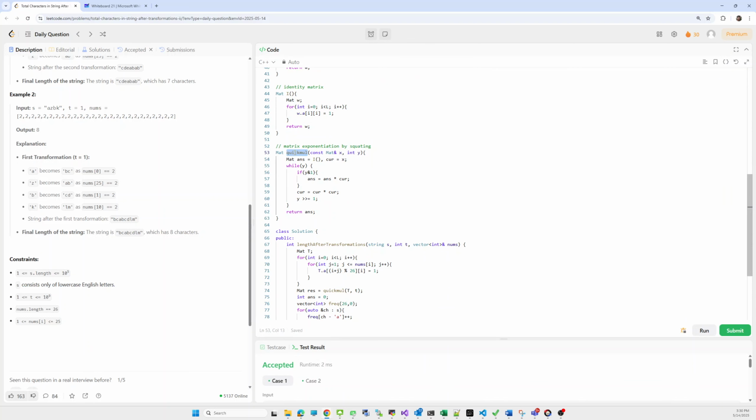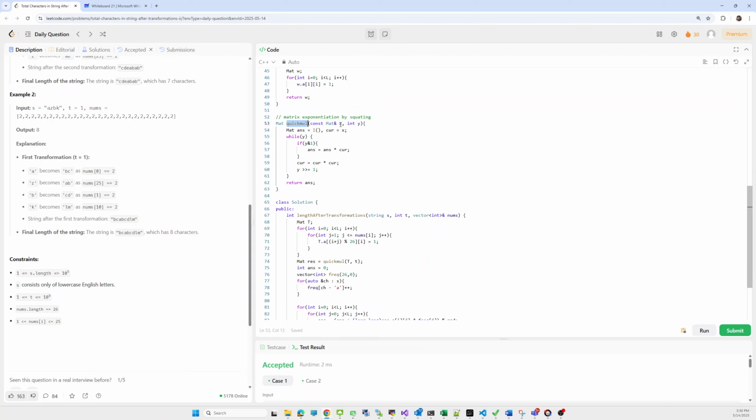Here we are using exponentiation by multiplication, where we take the given transition matrix X and take the power of Y. Y here is the number of transformations we have to apply.